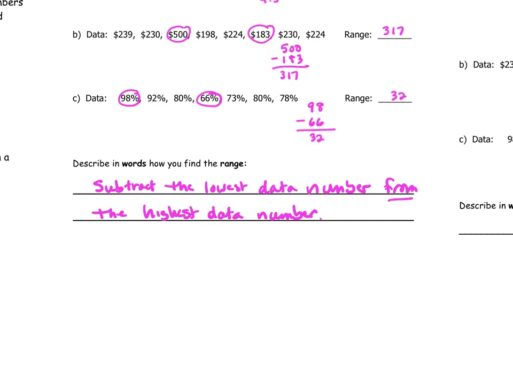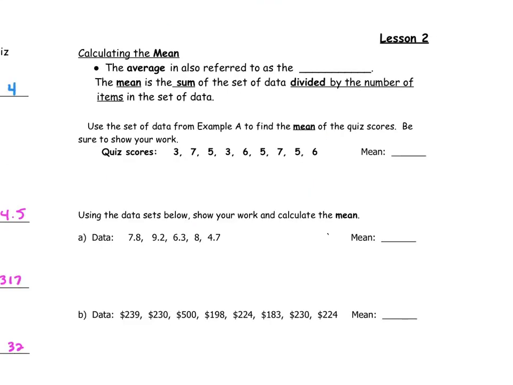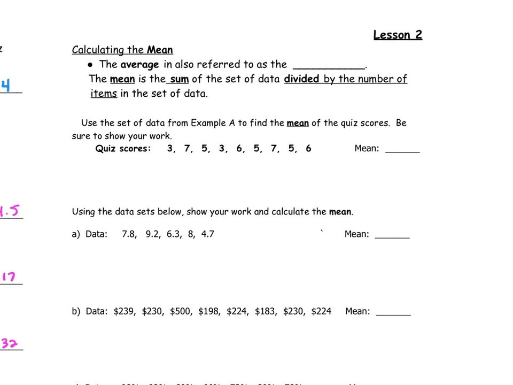So now let's move on to lesson 2, which is the mean. So now we're going to figure out how to calculate the mean. And the mean is kind of a strange word. You're probably more familiar with hearing it called the average. So mathematically speaking, it's referred to as the mean, but also known as the average. So the mean is the sum of the set of data divided by the number of items in the set